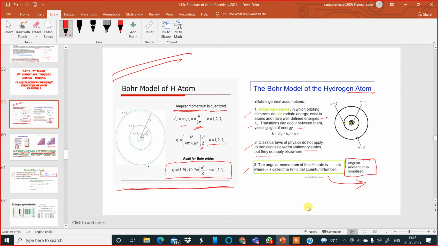Now, whenever an electron is revolving around the nucleus, it is moving in a circular fashion, so angular momentum is detected. And this angular momentum is quantized. The symbol for angular momentum is L, and the formula is mvr equal to nh by 2 pi. The radius of an electron in the nth orbit is given by Rn equal to 5.29 times 10 power minus 11 meter into n square by Z. This Z stands for